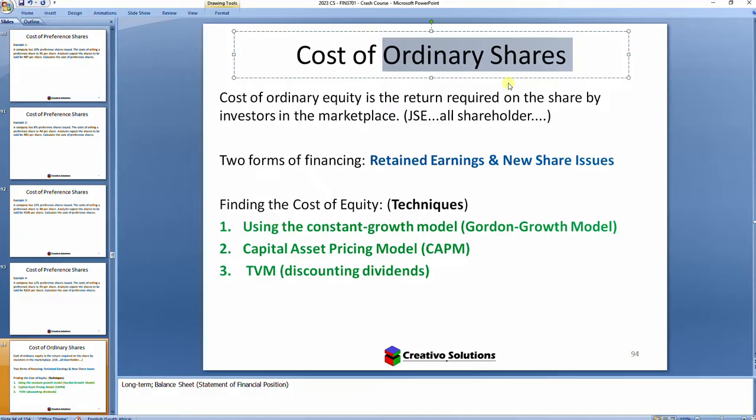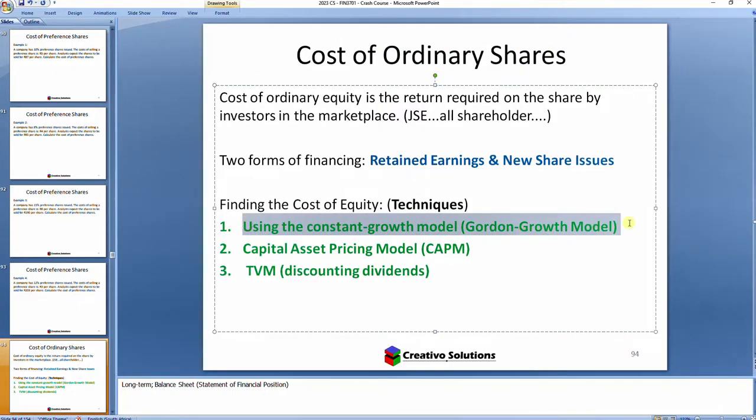Right, so when you're looking specifically at ordinary shares, you have different options. You can use Gordon growth, you can use the capital asset pricing model, CAPM, or you can use the discounting of future dividends. Those are the 3 different techniques. So you had debts, we broke that up into 2, you had bonds and you had pref shares. Now you've got ordinary shares. Under ordinary shares, just be careful, you've got 3 different techniques. These techniques help you to calculate the actual cost of equity. So we're going to look at each one separately. The first one,